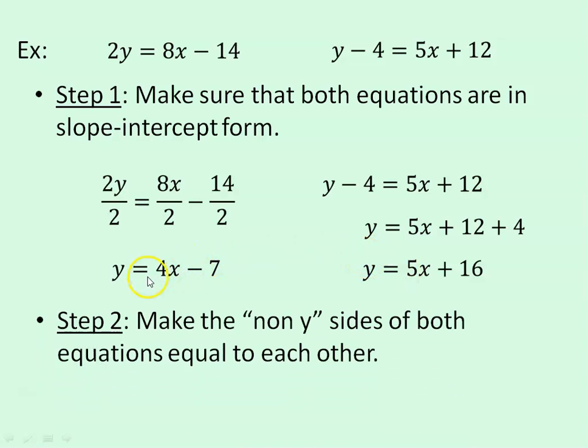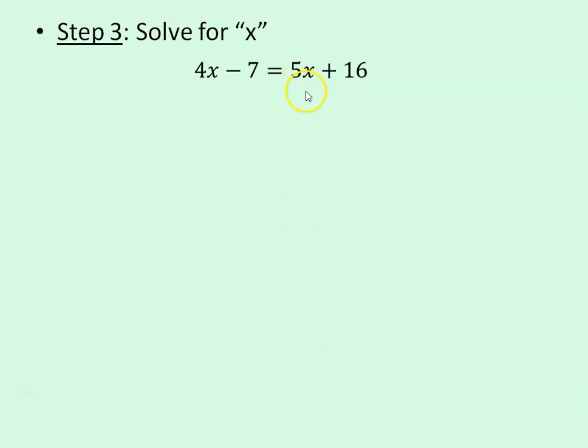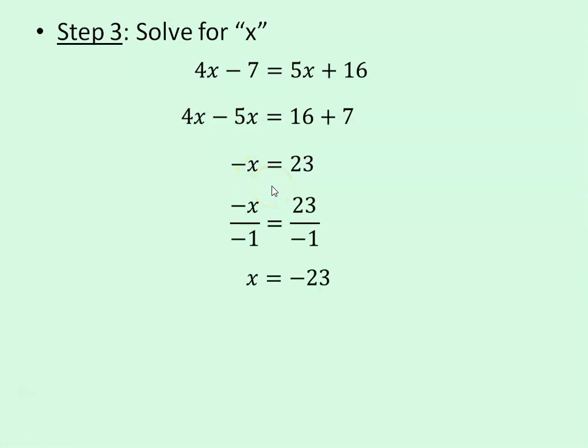Step 2 is to take the two non-y sides, so 4x minus 7 and 5x plus 16, and make them equal to each other. And step 3 is to solve for x. So that means doing the algebra that I'm sure you've done before to solve an equation: grouping all of the variables together, moving them to the same side, and moving all of the constants to the other side. It doesn't matter which side you move things to, but here I moved things to the left. I ended up with negative x. And I just want x, so if I divide by negative 1,